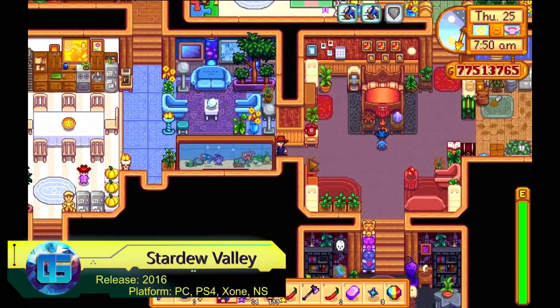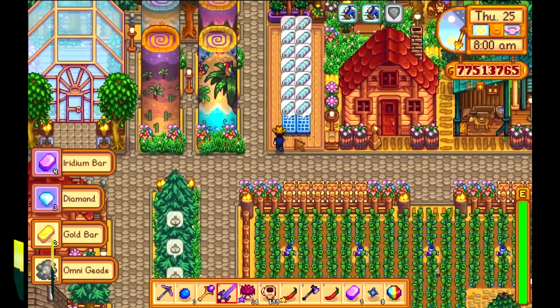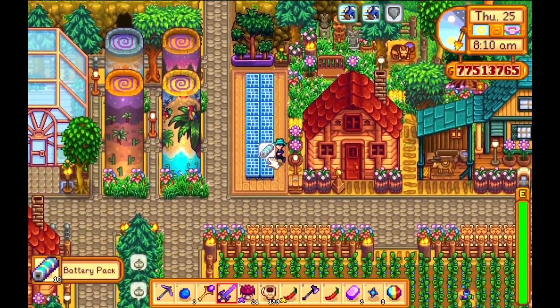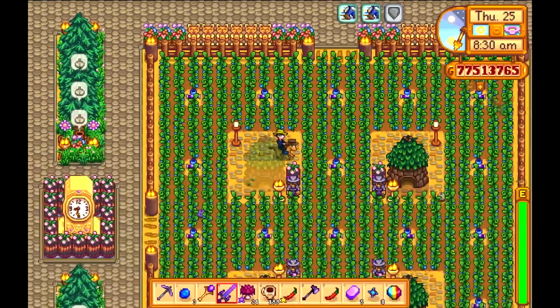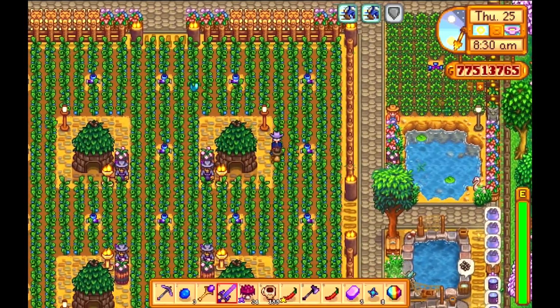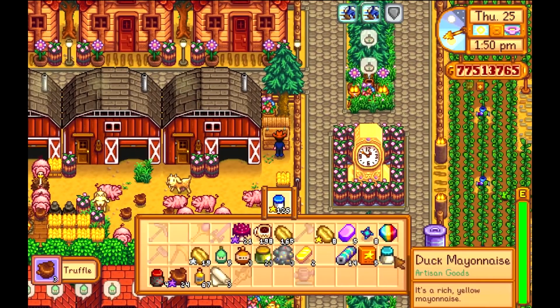Stardew Valley is a charming and relaxing simulation game that allows players to escape to a quaint countryside life. The game offers a wide variety of activities, from farming and fishing to exploring mines and fighting monsters. The community building aspect of the game adds to its appeal, as players can form relationships with townspeople and participate